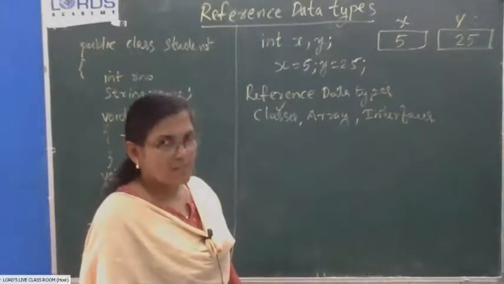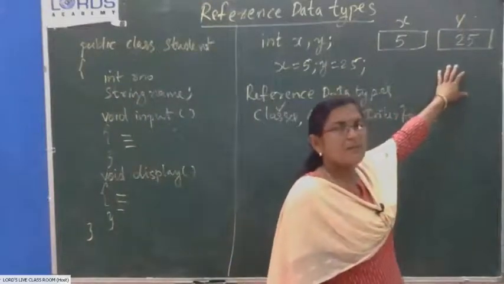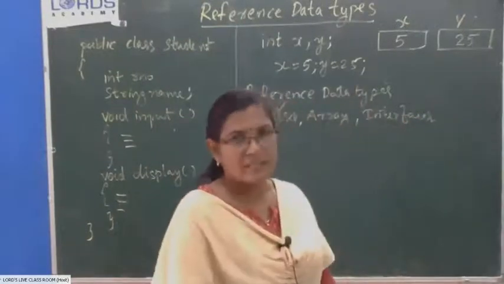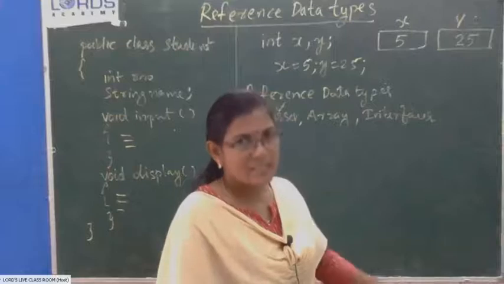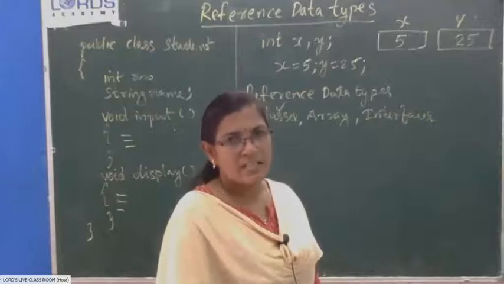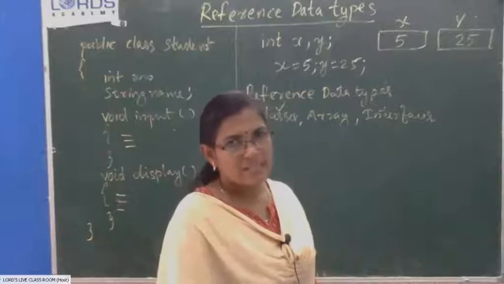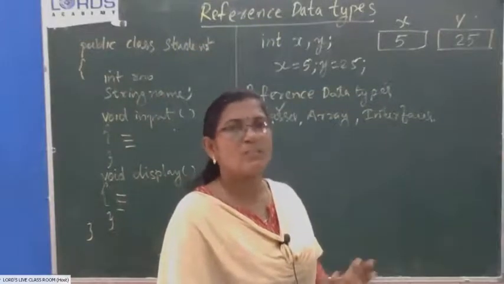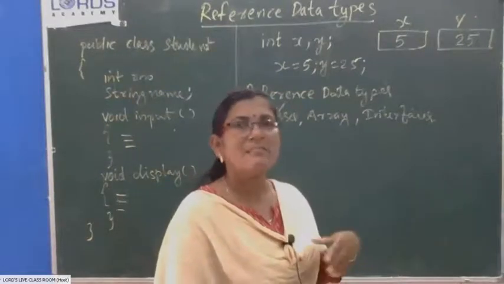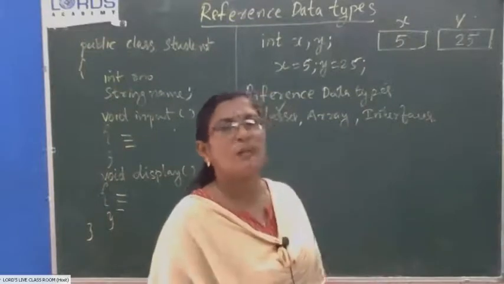If you want to pass the values of primitive data types to a function, the value of the actual argument will be copied to the formal arguments, as we saw in the previous class. As in the pass by value method, there are no changes taking place in the original value. A duplicate of the original value is created in the function, and the function works with the duplicate value. Changes made by the function in the received value will not be reflected in the original value because they are working in two different places.